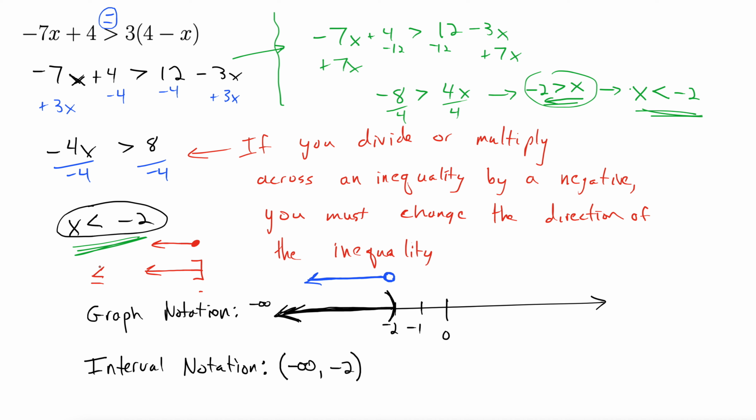Right? If this happened to be less than or equal to, I would do -infinity up to -2, and then I would do a hard bracket. Because we actually include the 2 with the equal sign. Here we're getting infinitely close to 2, but we're never quite getting it. So we use this parentheses, our soft bracket, to represent, hey, we're getting infinitely close to -2, but we never